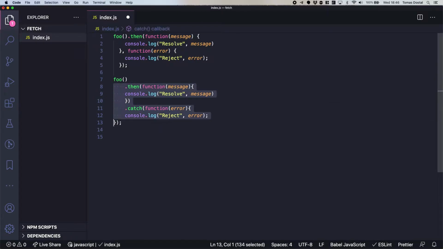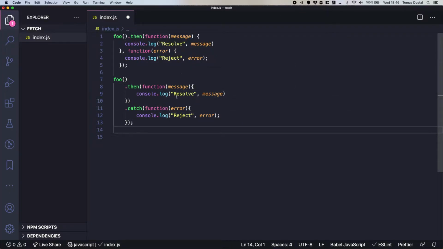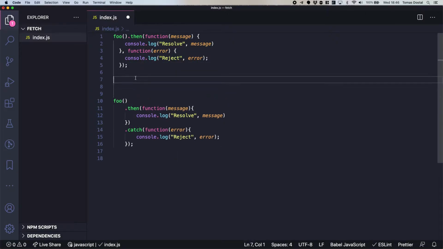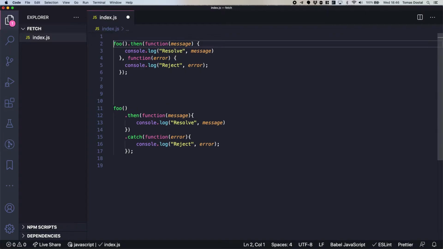Now, can somebody think, why do we have these two different ways of writing it? What is the difference between them? Between the first bit and the second bit, yeah? So these are callbacks, and this is the chaining.